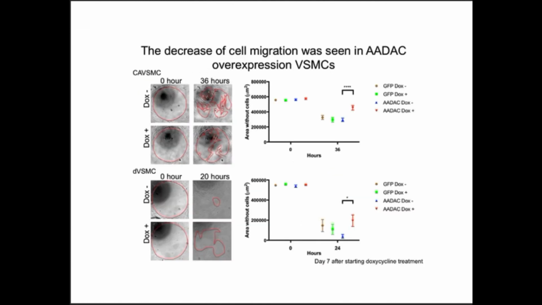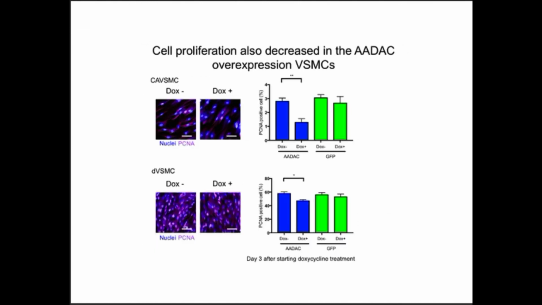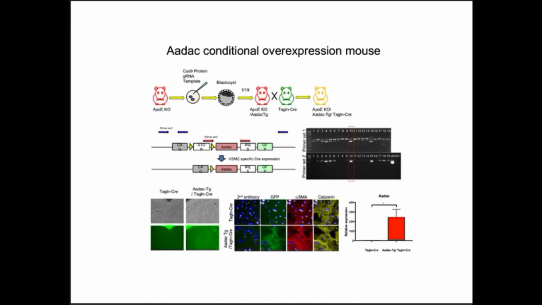You also get changes in the migration of these cells because of the changes in lipids. The cells that are expressing high levels of AADAC are less migratory, and we already know that that enhanced migratory process is involved in coronary artery disease. We also see changes in cell proliferation, which is often linked to that, as well as cell death. Of course, we weren't going to stop there. We wanted to know, could this be definitively linked?